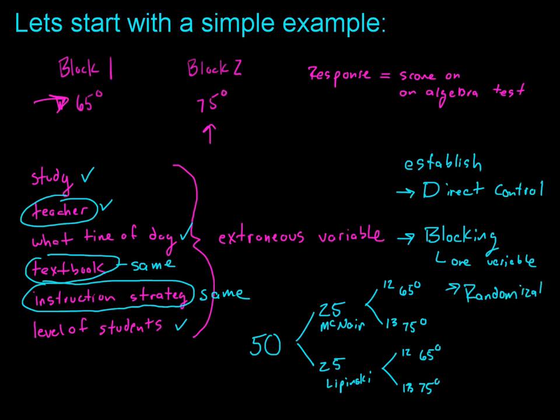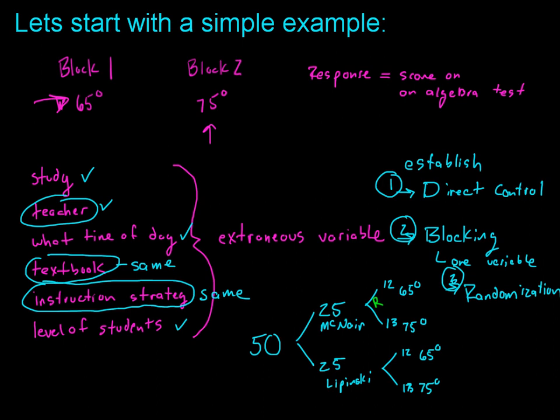So these are three of four main ideas. We'll label them as 1, 2, and 3, and we'll talk about the other one shortly. Basically, randomization will say, well, as long as we choose which 12 go into the 65 and which 13 go into the 75, and I'm going to use a different color here so it stands out, as long as we choose who gets what randomly, I'll put an R there for randomly,